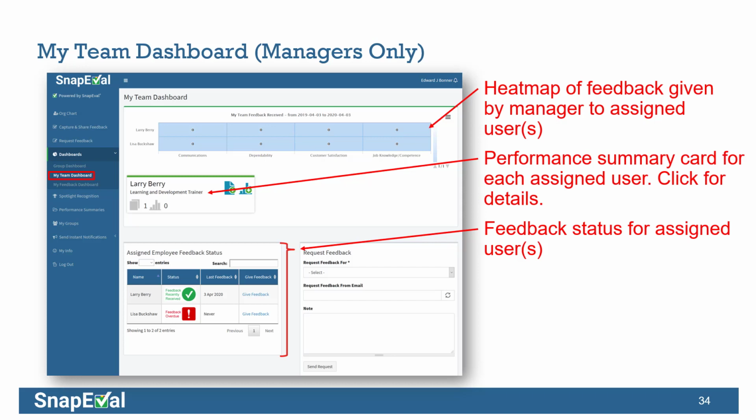Over a period of time, that will change from green to yellow, and it'll say feedback due soon. And over a more extended period of time, it will change from yellow to red, as you see by Lisa Buckshaw here, where it says feedback overdue. So this is just a general reminder for you to give feedback to individuals that haven't received feedback from